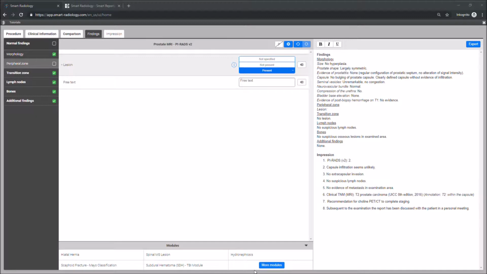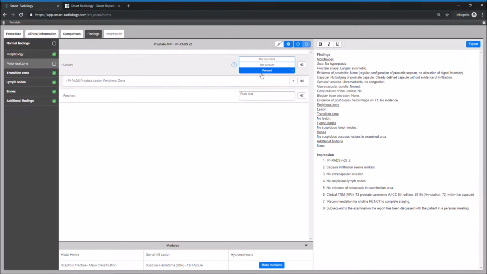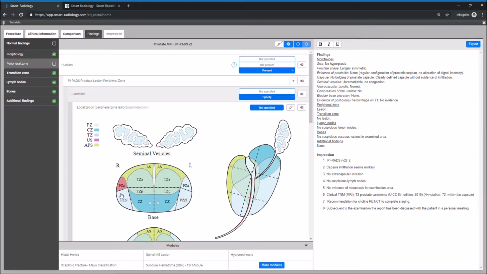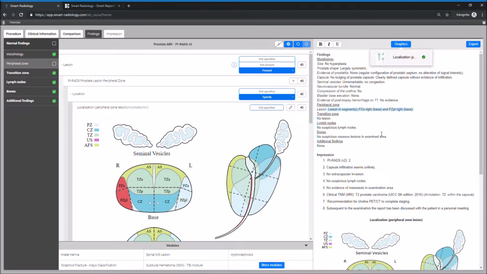Once you have completed the reporting, you can add the graphical elements to the end of the report. To do so, click on the Graphics button above the report text and select the graphic you wish to add to the report. The image will automatically be added at the end of the text. To delete the graphic, just click again on the corresponding image in the list that pops up after you click